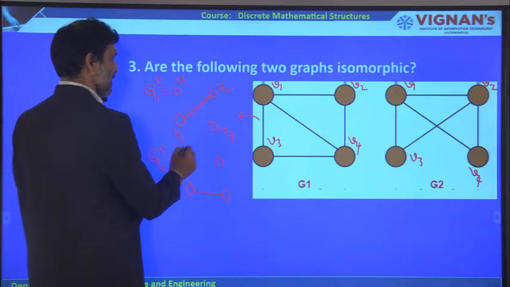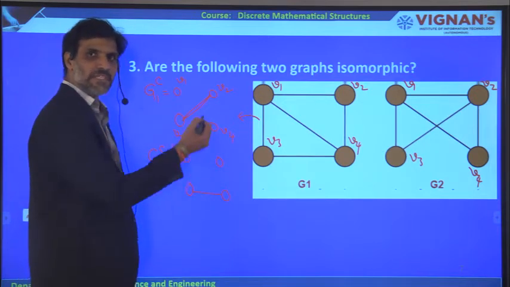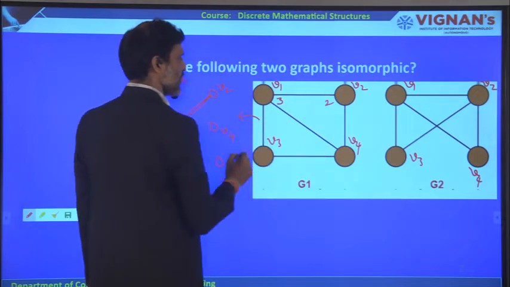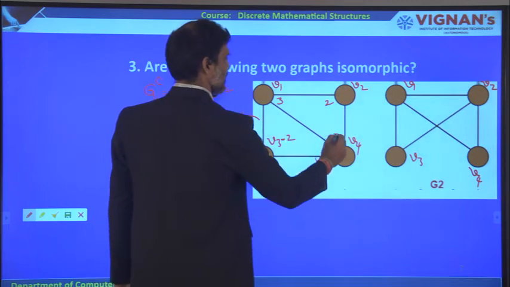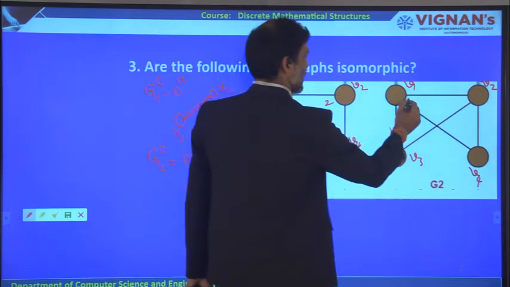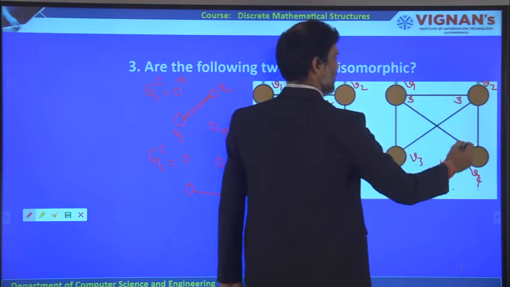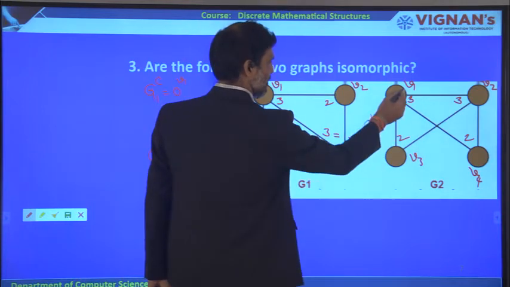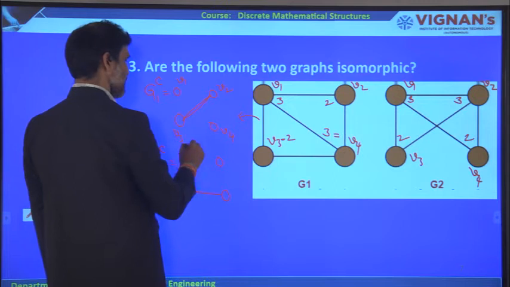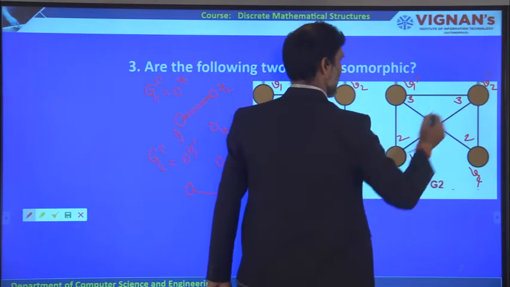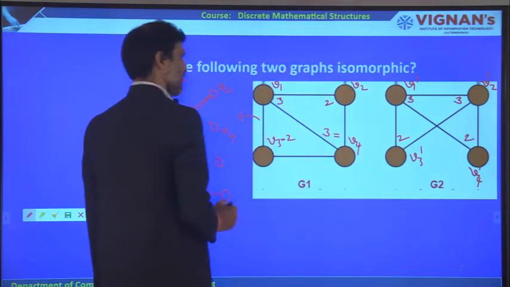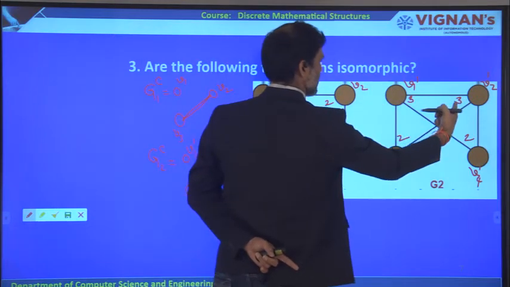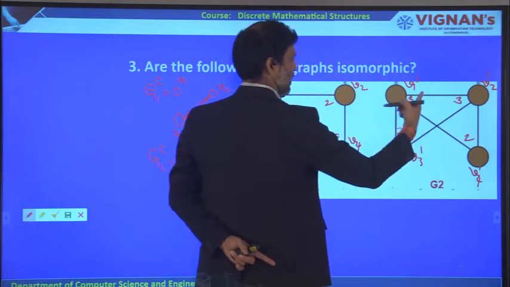But in the previous case, while we are taking the degree sequence, V1 is having degree 3 and V2 is having degree 2, V3 is having degree 2, similarly V4 is having degree 3. And here it is having degree 3, here degree 3, here degree 2, here degree 2. So V1 is equal to what we have taken here, V1 dash. Now let us take here V1 dash, V2 dash, V3 dash and V4 dash. V1 is equal to V1 dash, and V2: what is the V2 degree here? 2, but V2 dash degree is 3.